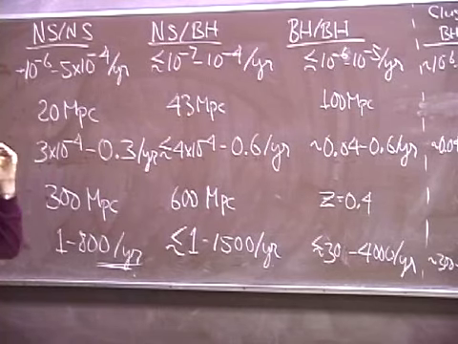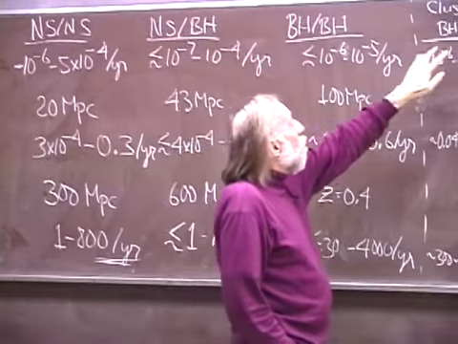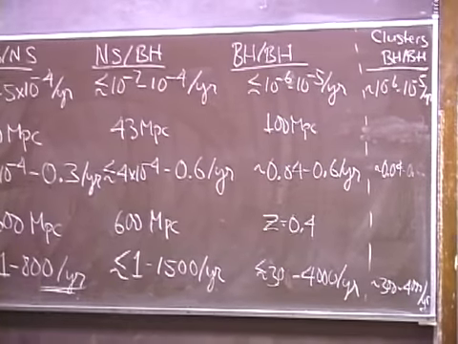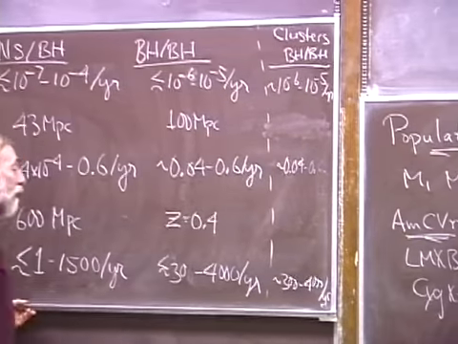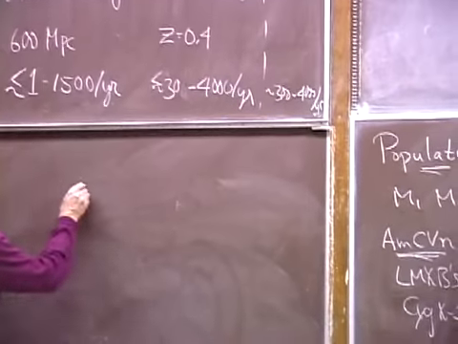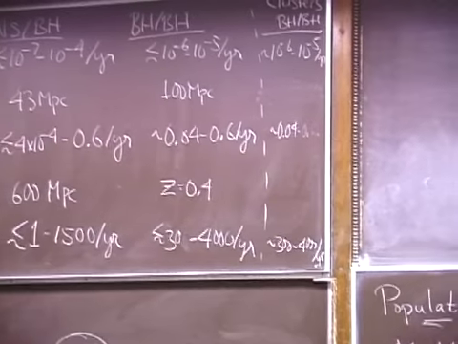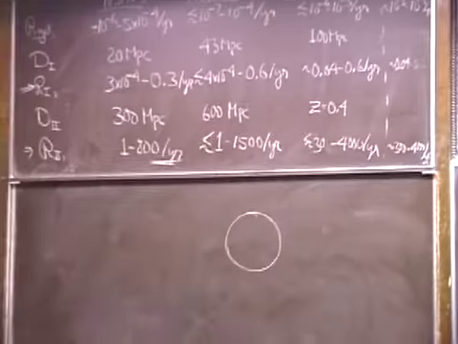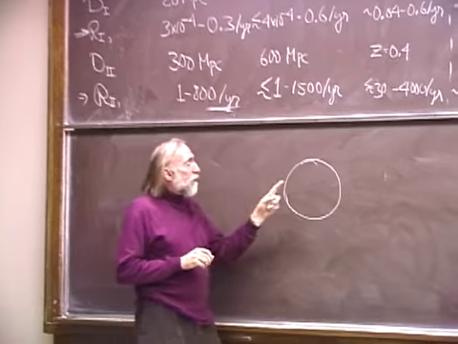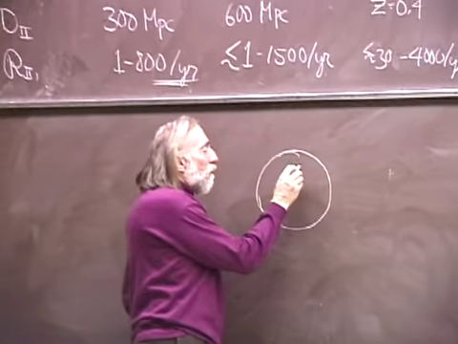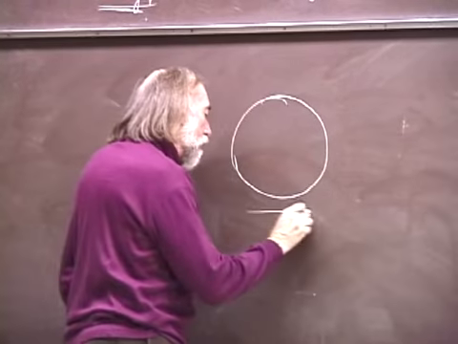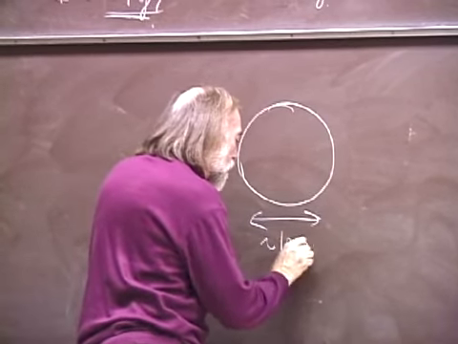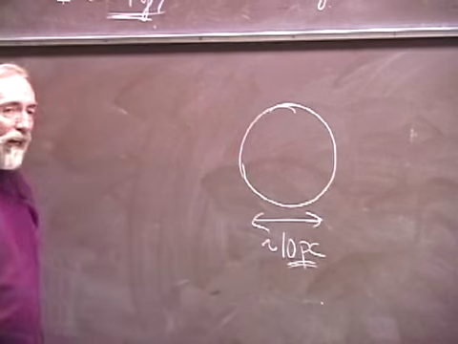Now, there is yet another way in which we can make black hole binaries, and I'm going to give you a paper that I suggest you read on this. That is in globular clusters, where you have to do, again, population synthesis to analyze things, but the evolutionary scenarios are very different. Let me remind you, a globular cluster will typically have a size of something like 10 parsecs, 30 light years in diameter.